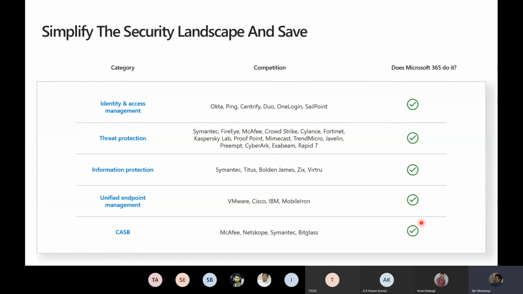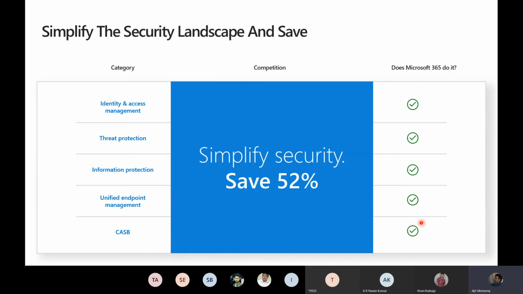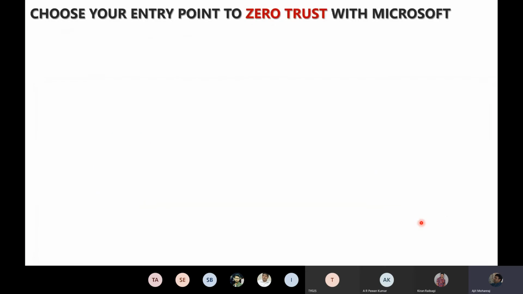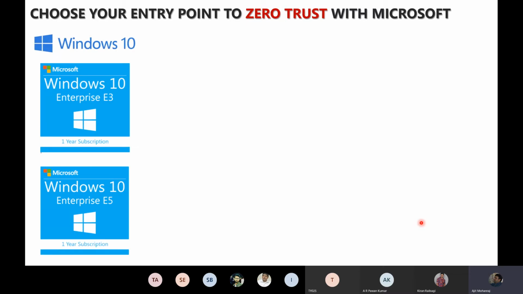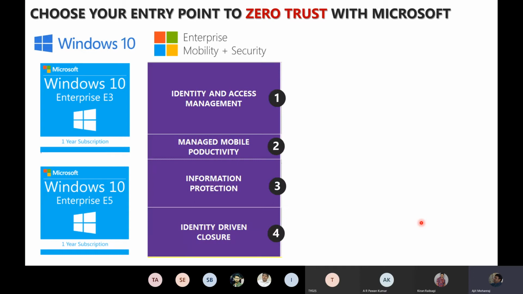So the categories that you see on the left-hand side, these are the products that people typically take. But when you're trying to converge things, it actually costs less and reduces management complexity big time, right? So with Microsoft, when you come for your renewals now, and you want to bring in zero trust security, and you've heard a little bit of what I spoke, you can begin by saying, hey, with Office 365, I want to probably extend it to Windows 10. I don't want the professional edition. I want the enterprise plan, whether it's E3 or E5, you have an option to do that.